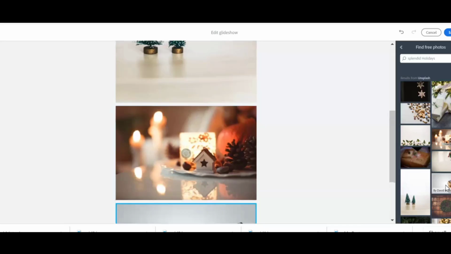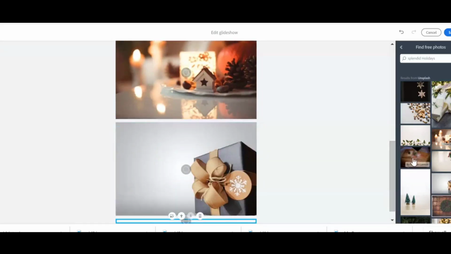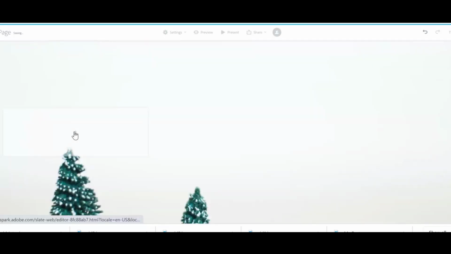So we can add more photographs to it, as many photos as you want to have. And it can be on text. Here you can add your text.